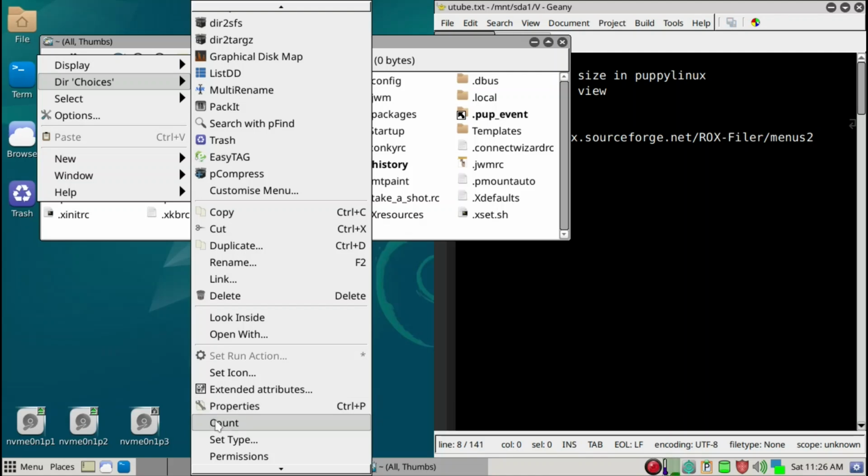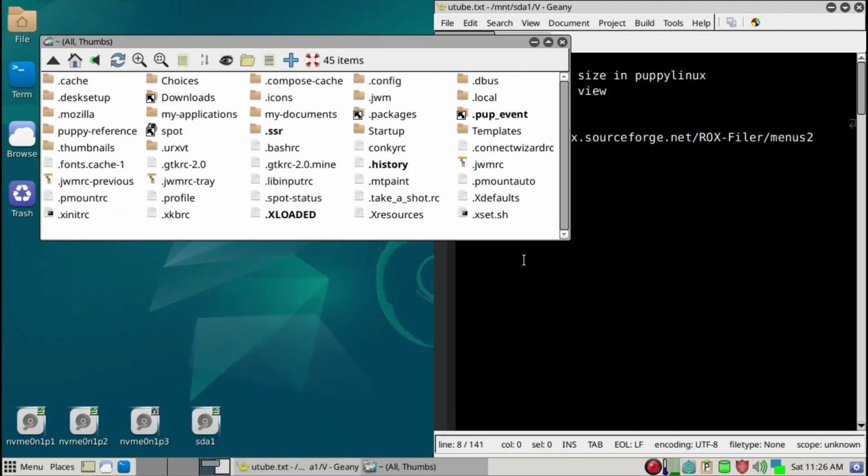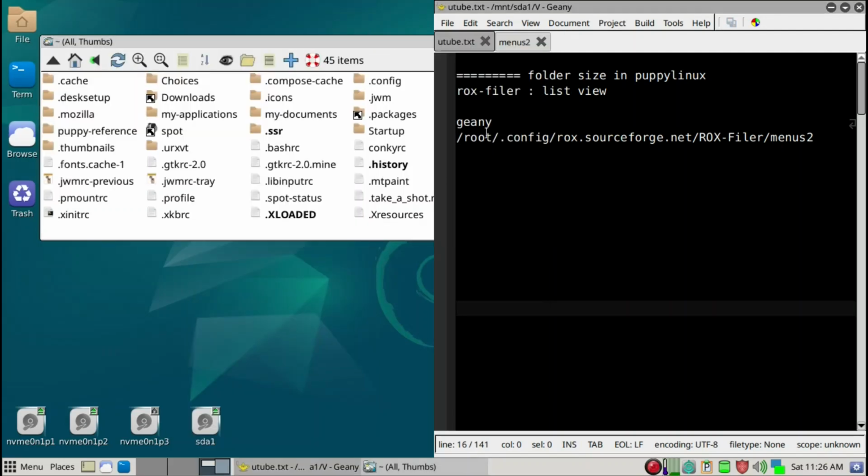Count also works for file size, but to give count a keyboard shortcut, what we want to do is run this